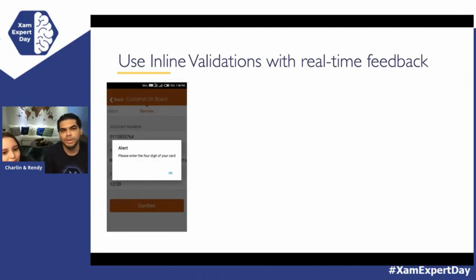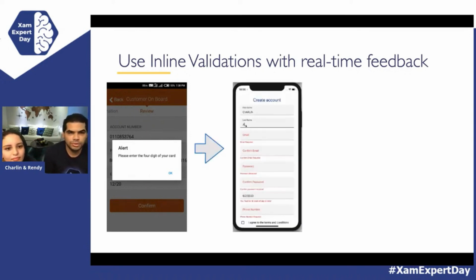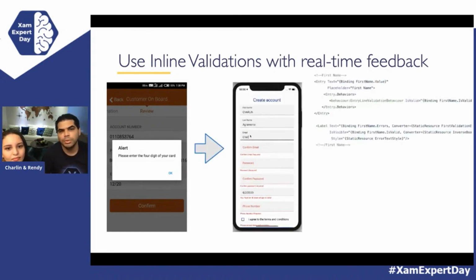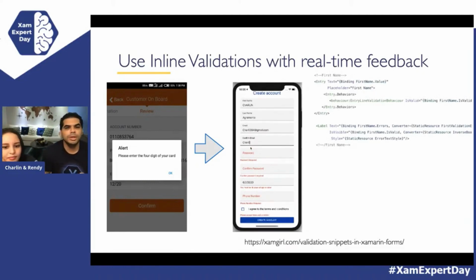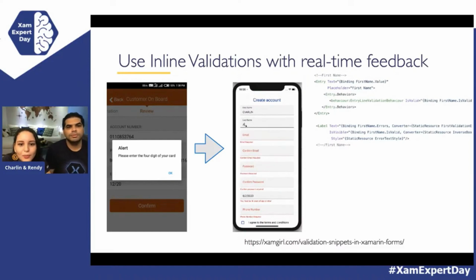That experience might be horrible for the user. A better way might be just show him right away what's wrong, what is missing, and what is required from him. That will make him fill the form really quickly and in a very friendly way, and it will get the data right from